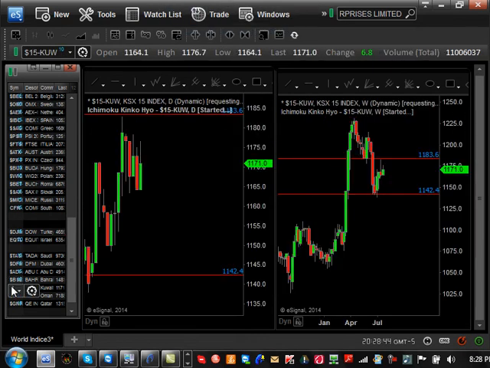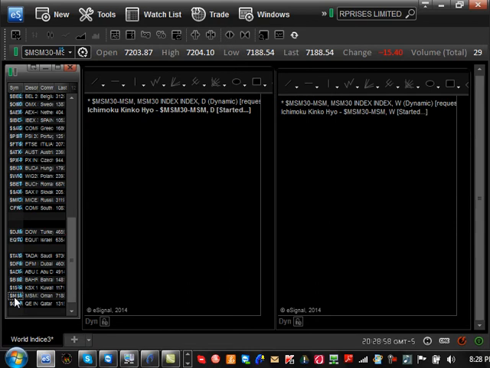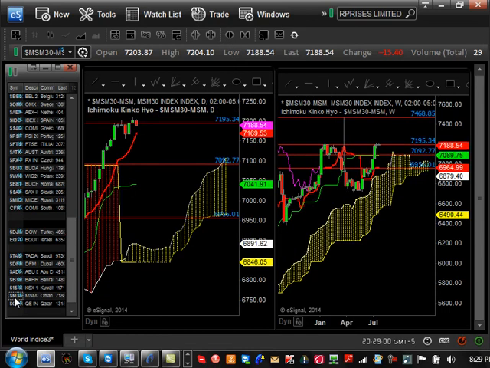Kuwait, nothing really exciting here. There's still a bullish trend at a major support level of 1142. Resistance is going to be 1183. Oman, if you look at Oman, this basically is in a consolidation pattern, which is roughly around 67.50 to